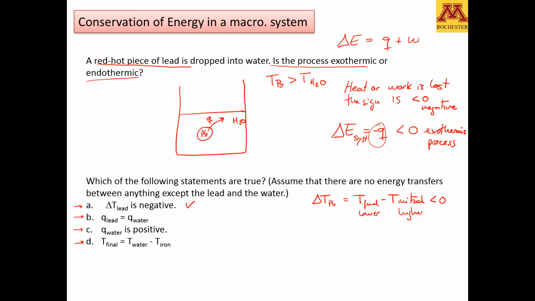Okay. Now, it says that the heat that lead loses is equal to the heat of water. In terms of the conservation of energy, this should make sense. However, notice that there should be a change of sign. So what is really true is that the negative heat of lead is equal to the positive heat of water. In other words, let's put some numbers into it. If this red hot piece of lead were to lose 10 joules, which would be a very tiny piece of lead,